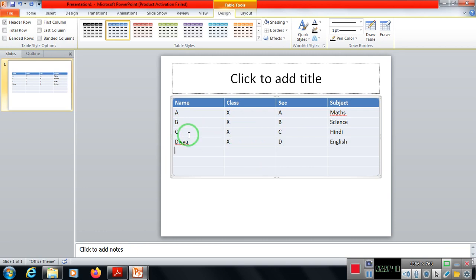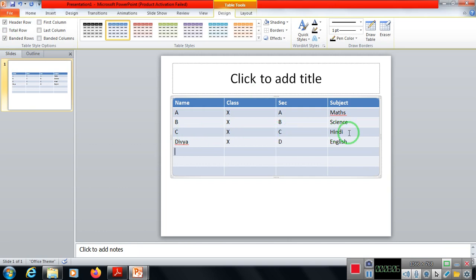Okay, say for C, while checking for C, in the end you will reach English. That is, C is having a subject as English. You get confused. Clear? So banded rows give you a very clear idea that in which row you have to deal. Clear this thing? So this is known as banded rows.